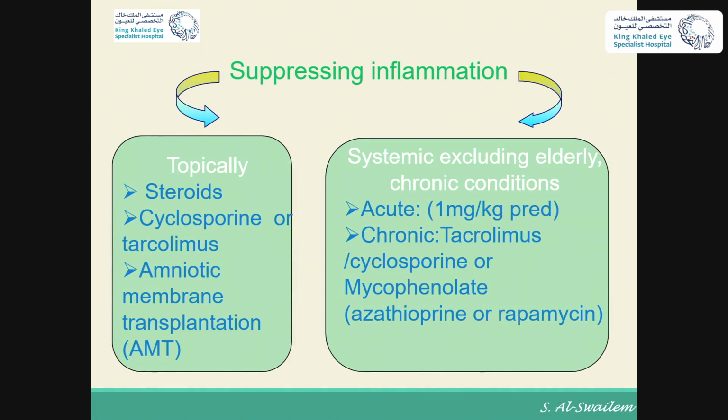So how to suppress inflammation? It's very simple. The most common one is the steroids, topical steroids. You need to hit hard with the steroids in the initial phase, and then you need to replace them with something like cyclosporin or tacrolimus. In certain situations, you need to augment that with a fresh or cryopreserved amniotic membrane, because either one of them has the ability to suppress the inflammation. In certain cases, we really need to give oral or systemic steroids as pulse therapy, but it's contraindicated in elderly patients or patients who are already immunocompromised. So you can use an acute pulse of steroids and then shift to tacrolimus or cyclosporin